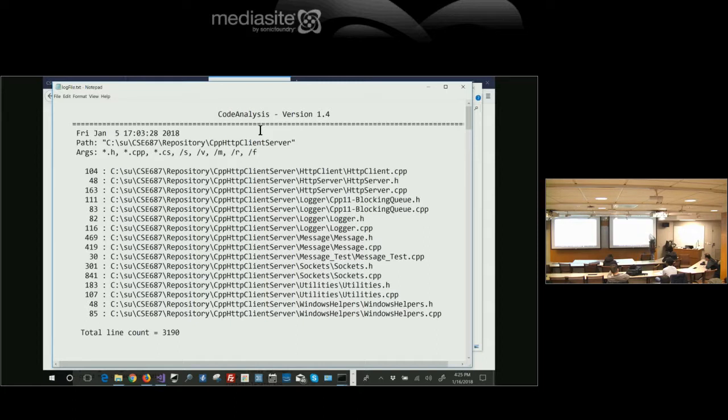The other interesting thing is that the messaging class is by far the next biggest part. I put a lot of the functionality in constructing and parsing HTTP messages. So the clients and servers are really small. Here's my server. Now, the server consists of an HTTP server and a couple of classes here, but these are small.